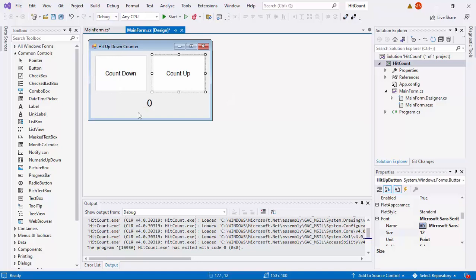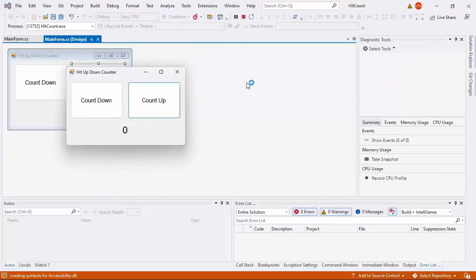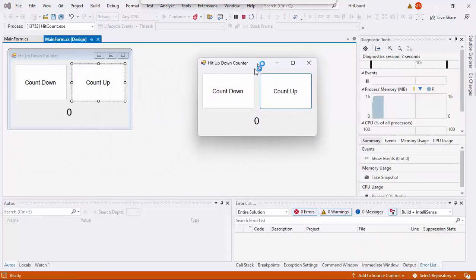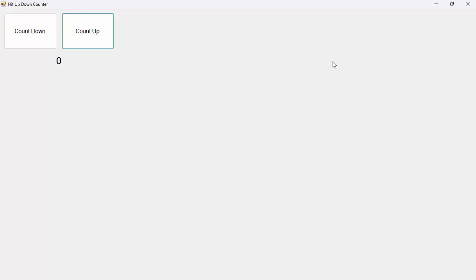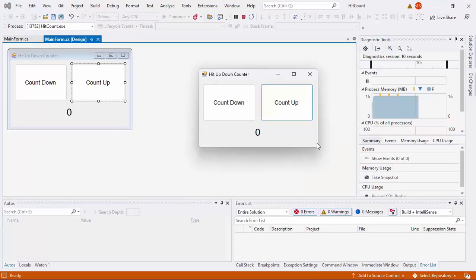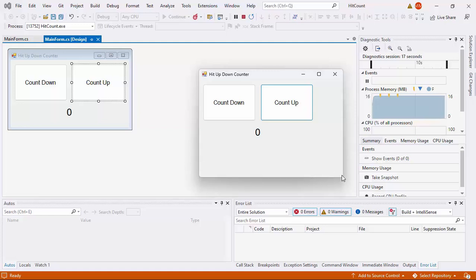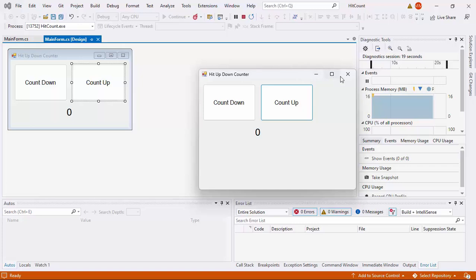Okay, save it, run again. Okay, now the app started up with the size that we want, but you see it still can be maximized, restored, and still can be resized, the width, the height, everything. Okay, we don't want this to be possible.